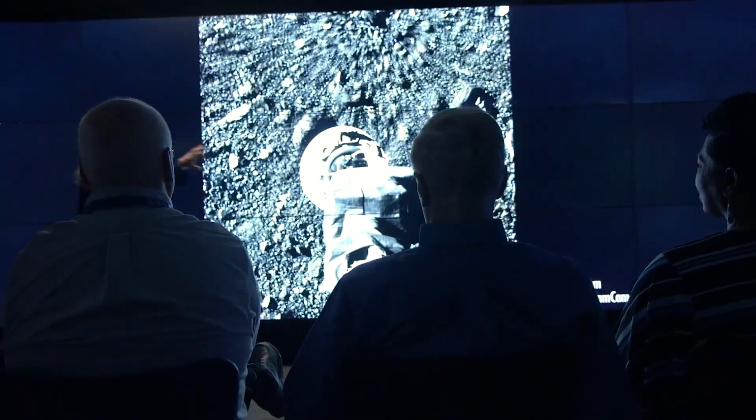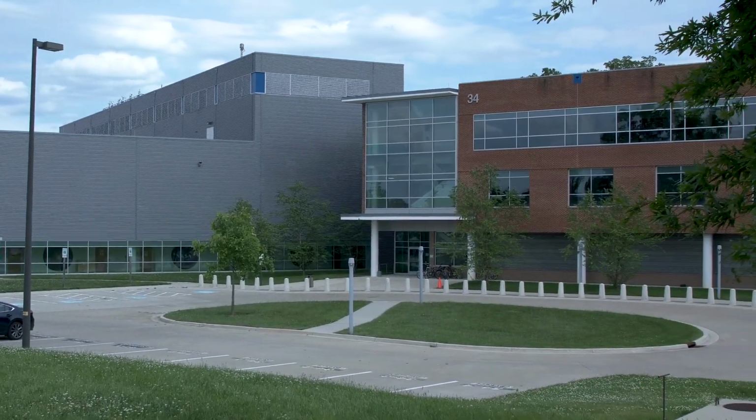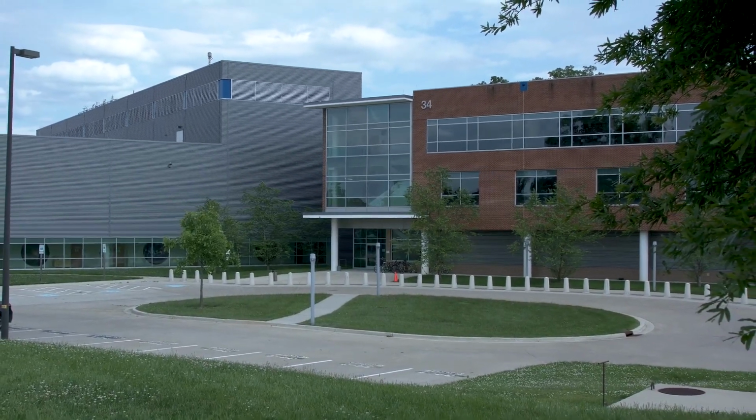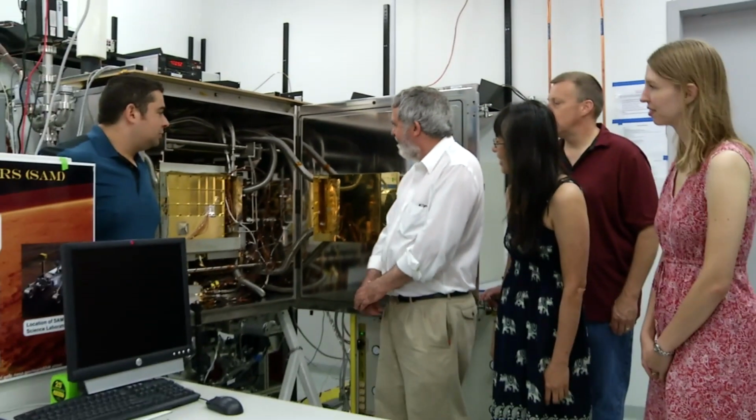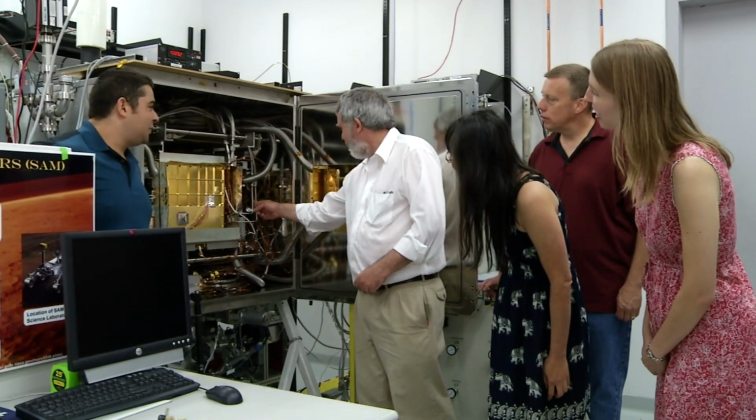Before any mission becomes reality, it goes through several stages of development and planning. At Building 34, scientists think of problems that need to be solved and get funding to develop practical solutions. For example, the employees at the Sample Analysis at Mars Suite Investigation, also known as SAM, examine the habitability of